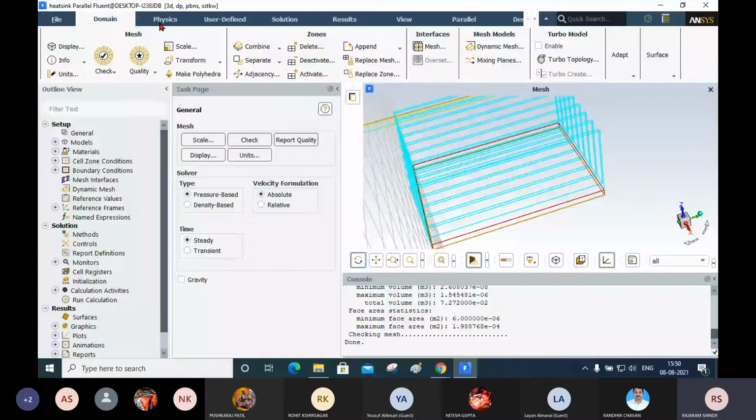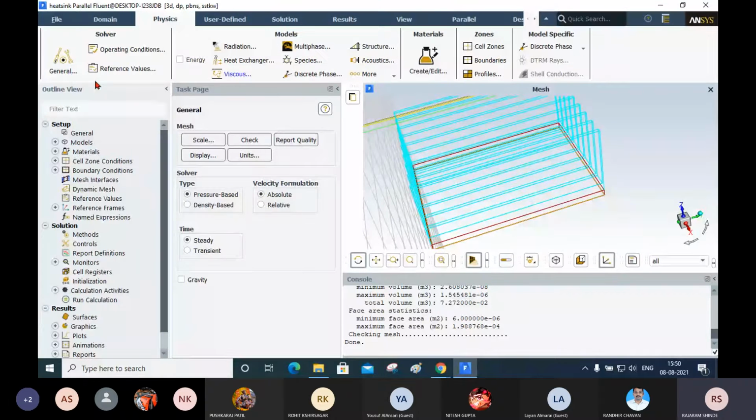Next, in solver I will set pressure based, absolute and steady state. It is not a transient problem. Then I will go to the energy. This is a heat transfer problem, so we have to select the energy equation. So click on energy.